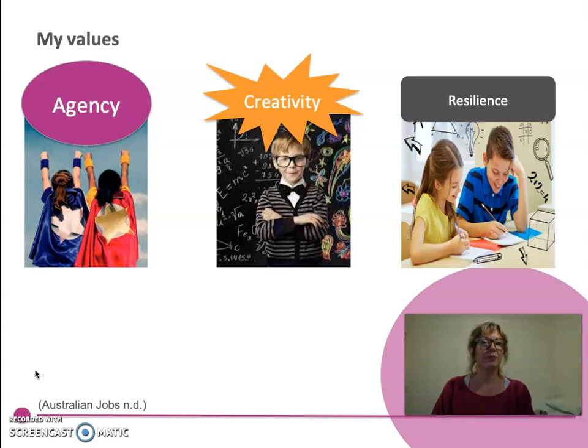So as educators, I believe we need to have an eye to the future and the future skills required of our students, such as critical thinking skills, problem-solving skills, etc. I think our practices therefore need to nurture their sense of agency, creativity and resilience. Students need to develop the confidence in their ability to learn and develop learning as a lifelong skill.